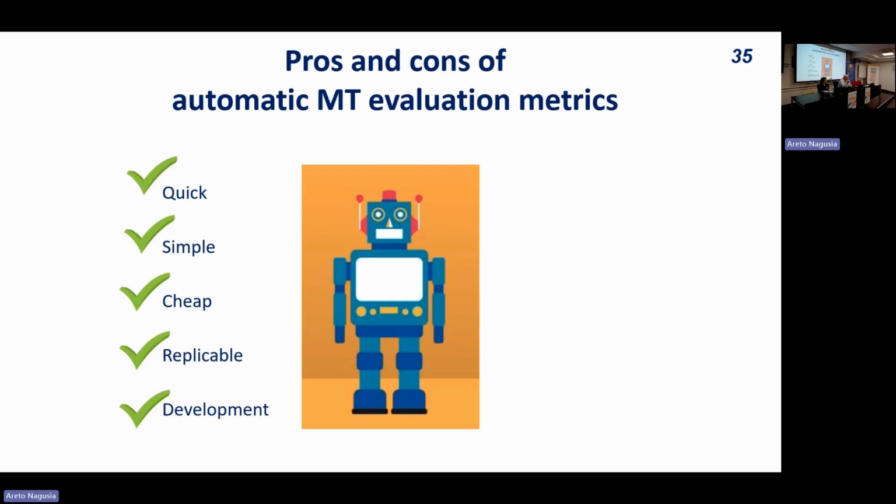They're very quick, they're very simple to use. There are prepared packages that you just run as long as you have your aligned source and output segments. The computation is done automatically. They're very cheap. They only involve a few minutes of compute. They're replicable. So that means that if you update your system today, you can compare the score of today's